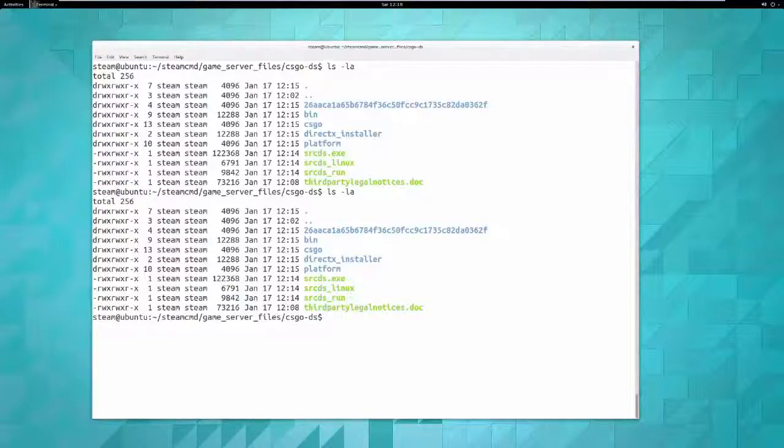So at this point, pretty much everything's completely ready to go. There's not a whole lot needed to get running. Can go ahead and launch the server pretty easily. srcds run, and plus there's a series of commands that come after